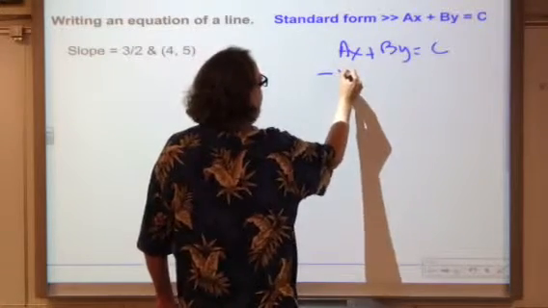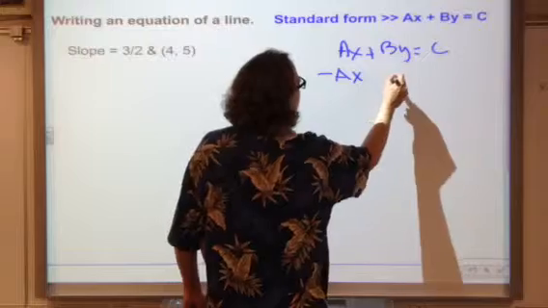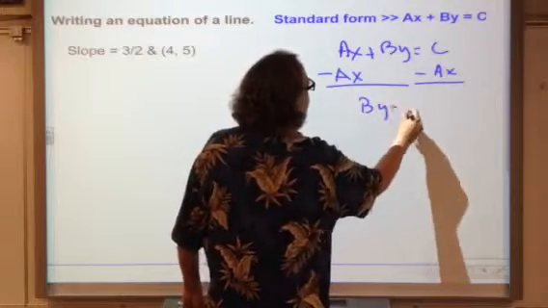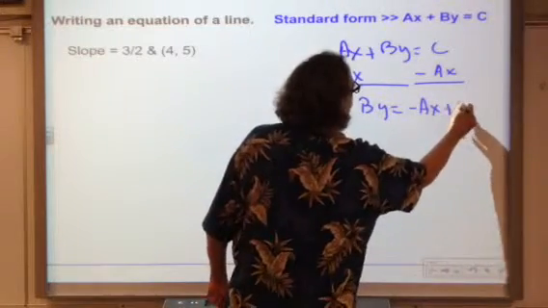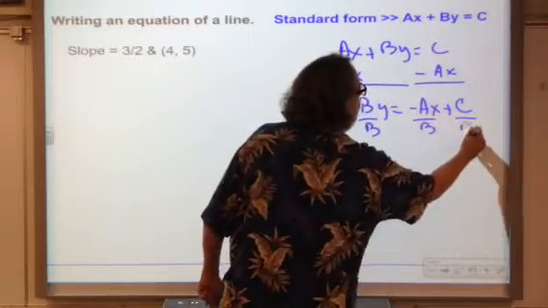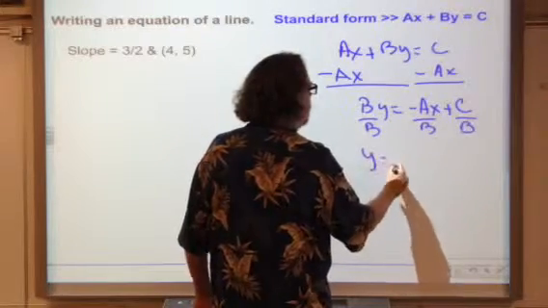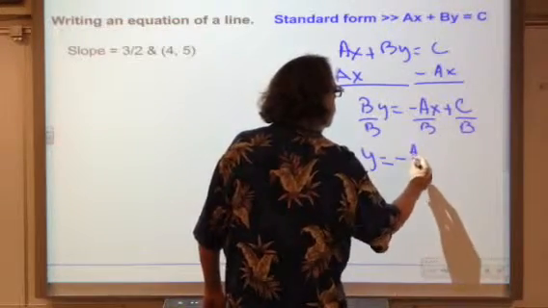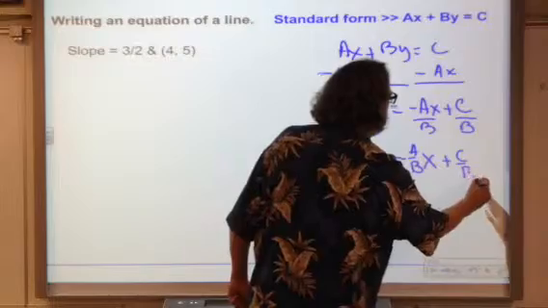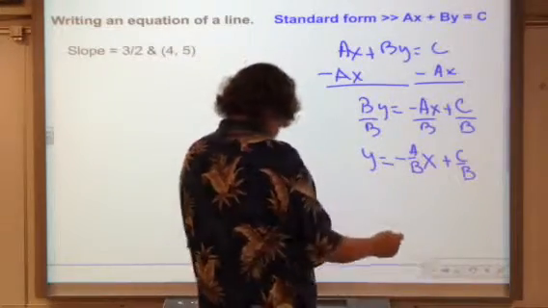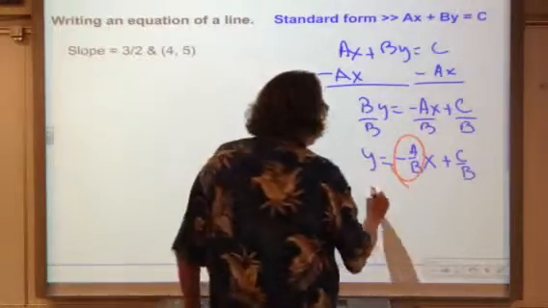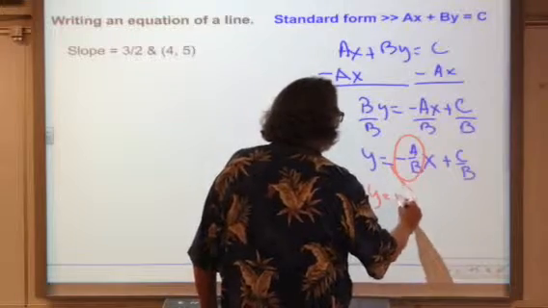Okay, so if I subtract ax from both sides, I'm going to get by equals minus ax plus c. Divide everybody by b now, and that's going to give us that y equals the opposite of a over b times the x plus c over b. Now, this right here is the key that I need, because that is, in slope-intercept form,